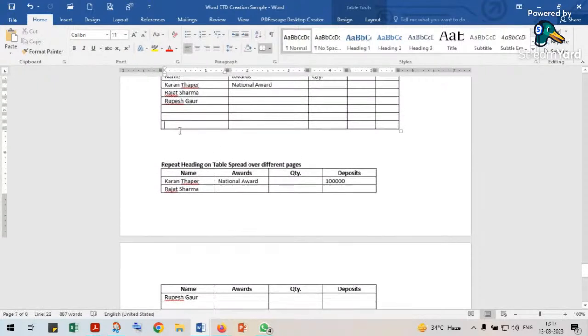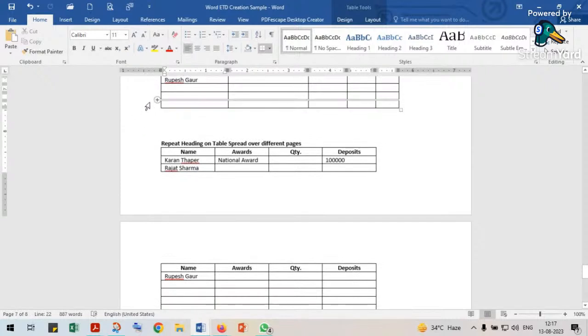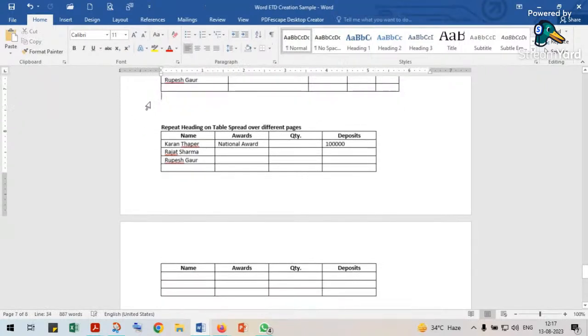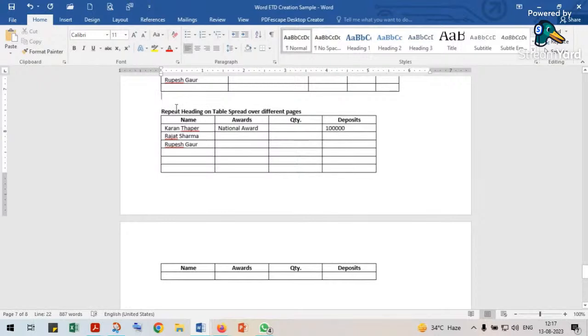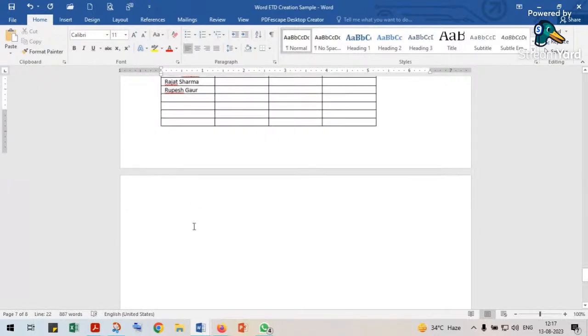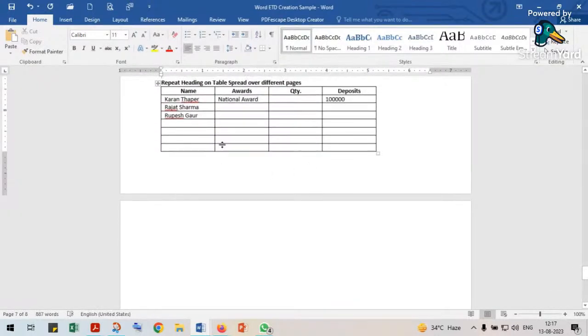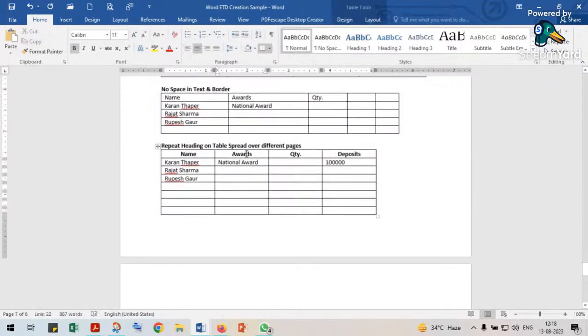And if we delete these rows, you see what happens. It will always remain there. And if the table comes to a single page, then naturally there won't be any header in between. That is one method. The other method is just right click